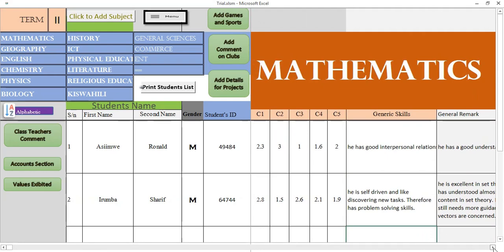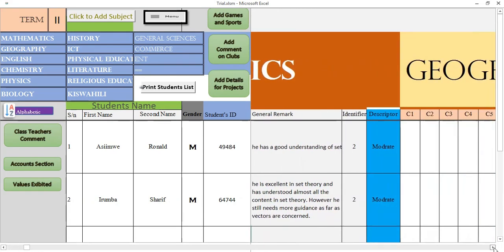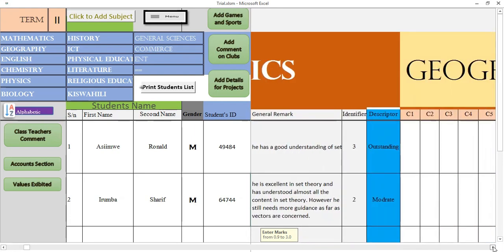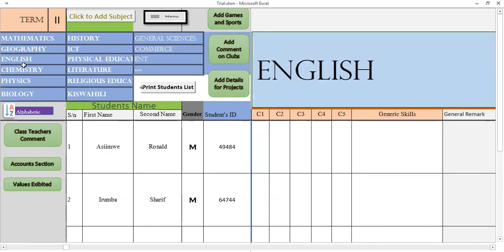Maybe allow me change a few things. I'm going to change the marks a little such that this descriptor can change. I'll change from student 1. I'm not going to touch numbers competency 1 and competency 2. I'm going to touch these competencies here such that at least we have some change in our descriptor. I think it has changed. Yes, it has changed. So like that, you can go on to change, to add the marks, the scores for